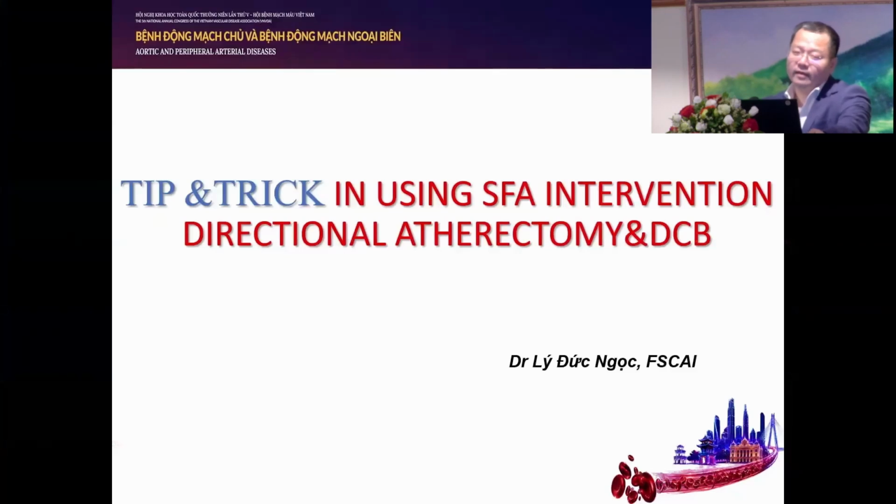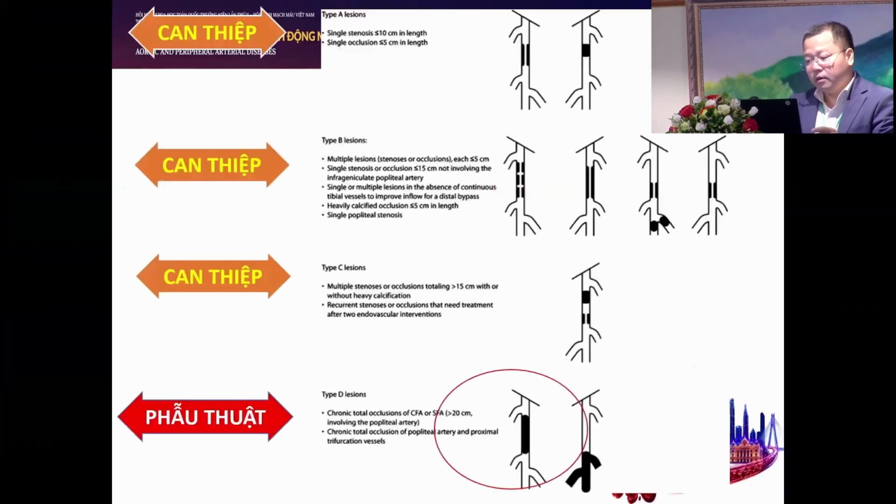I'm very happy to stand here to talk about tips and tricks in using SFA intervention and to use a directional atherectomy and DCB. All of us do femoral artery stenosis, but in the top of the thigh, we